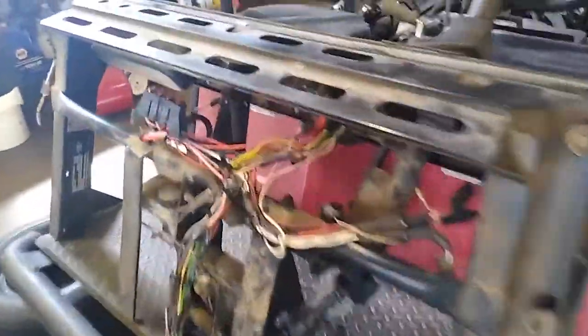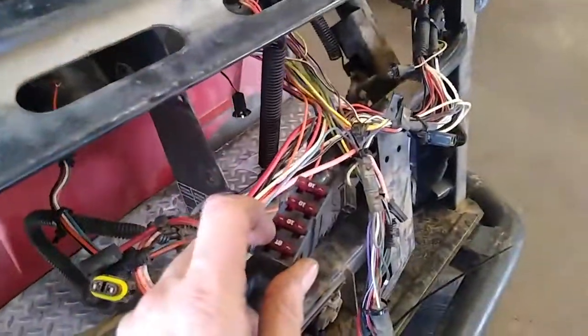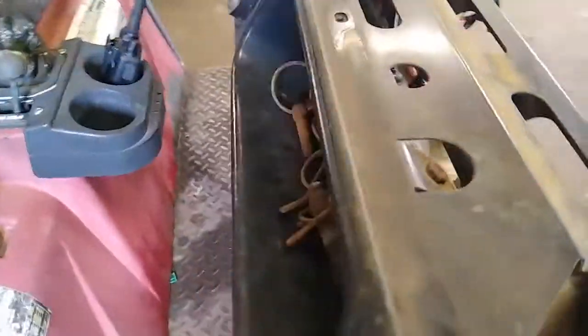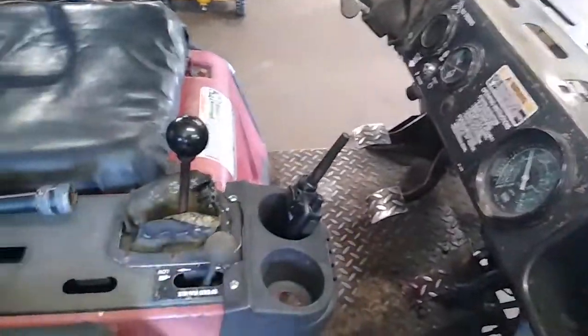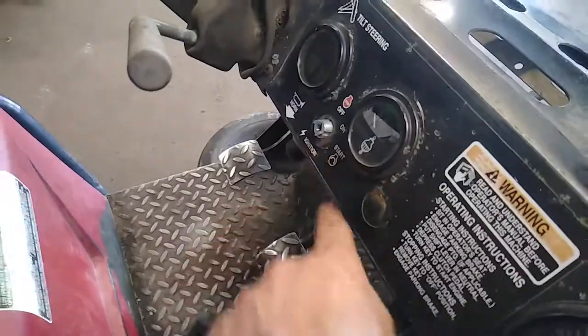Okay, and the ignition fuse is your bottom one. I actually have a 10 amp in there now, because if you look over here, back in there were 40 million fuses that I blew out trying to get this thing started and figure out where the short was coming from. I replaced the ignition switch,